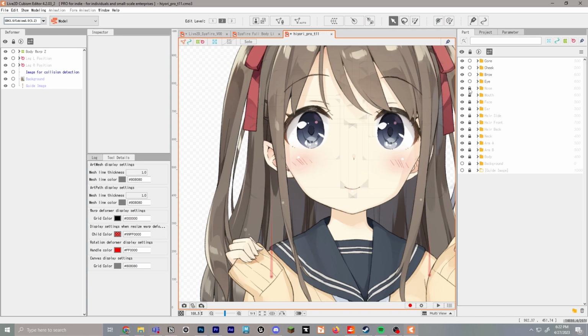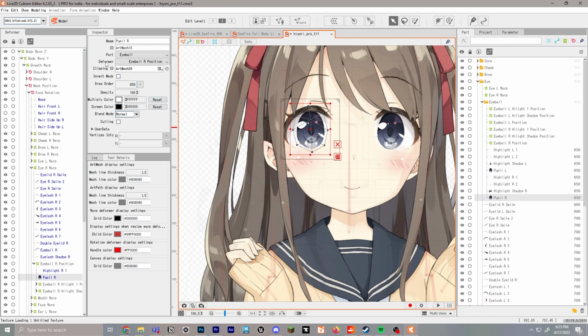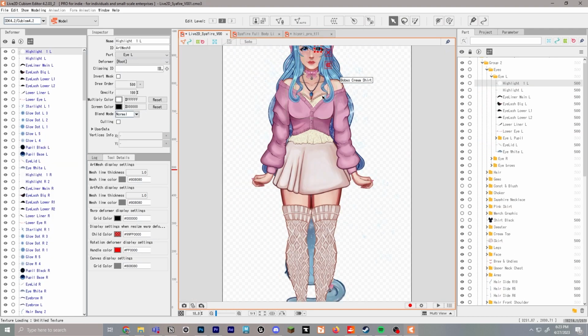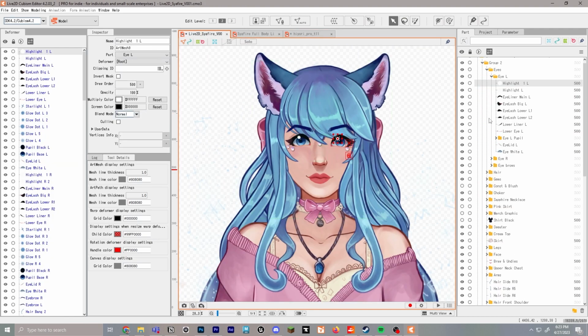We're going to have to unlock everything over here so that they can be selected, which in fact you can lock anything that you need to on your own model in case you want it to not be moving. Now we'll select the eye and we'll see what part it is assigned to. So first we'll focus on the eyelashes. The eyelashes are assigned to the part section. So we'll navigate back to our model and we'll select all the eyelashes. You can hold shift and click while you select them all or do them individually, although this will be much faster. And we're going to select part, scroll all the way down and find eye.